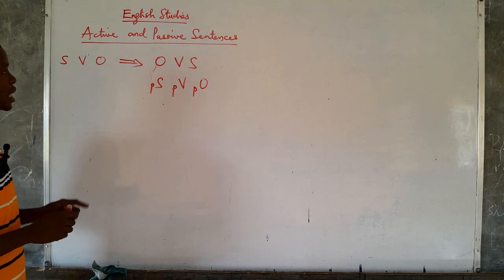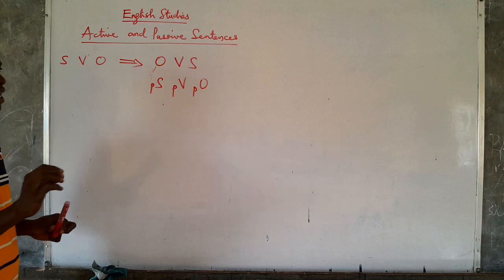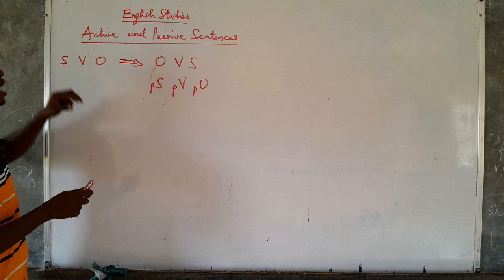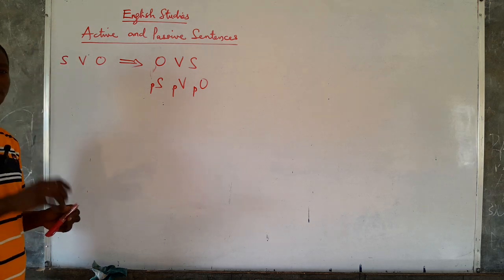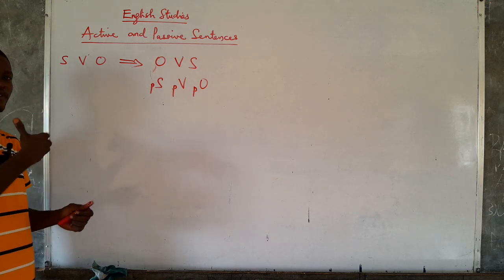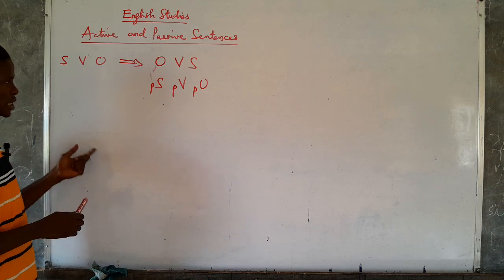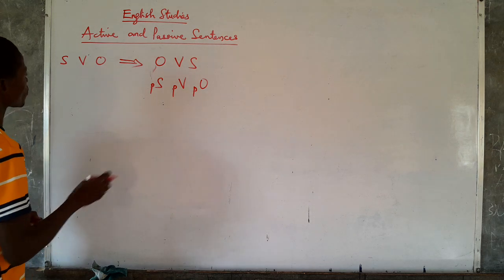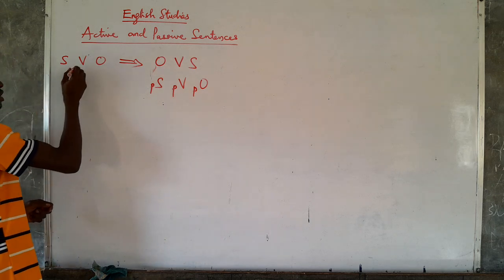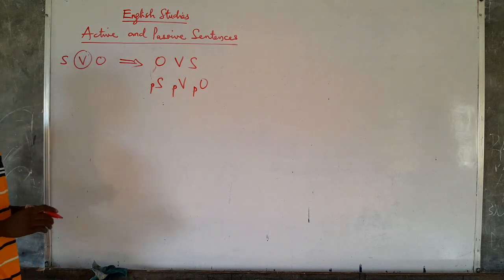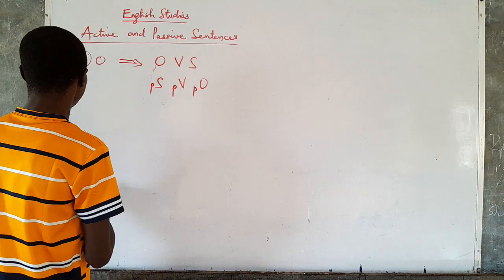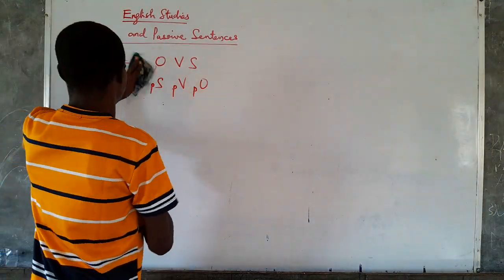Before we move on, we also examined the fact that the kind of tense that is used in the active sentence would determine how we are going to convert it to passive. Let's try to check them out today. Alright, today, let's start with the conversion of active verb to passive verb. We have the first one to be examined as